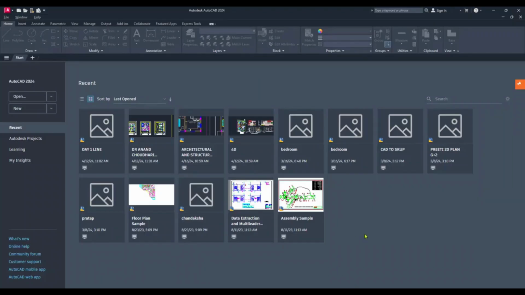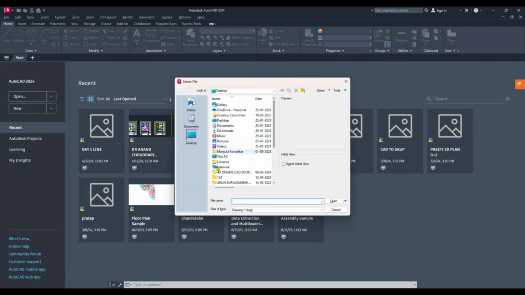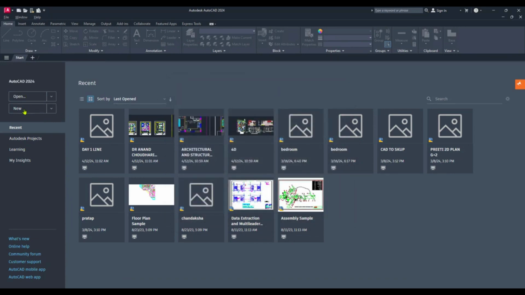Whenever you install any version of the software, you have to double click to open that particular software. Once you open the software, you can see the welcome screen like this. In the welcome screen we have the options called open, new and recent. If you want to continue the recent drawing, then you can click on that recent drawing, or else if you want to open a drawing from a particular location, then you go to that location and open it. If you want to start a new drawing, then you directly click on the new option, or